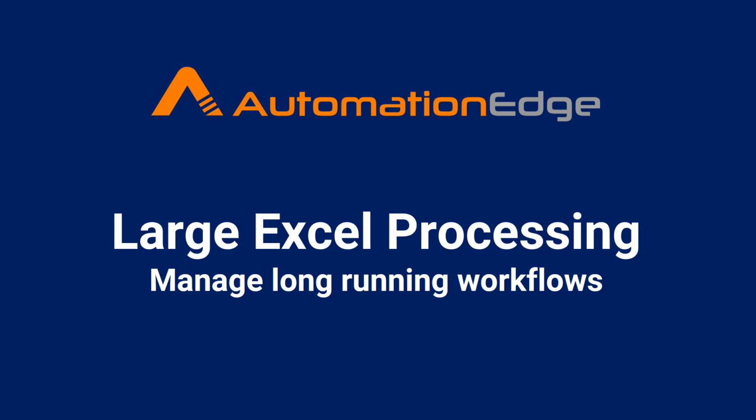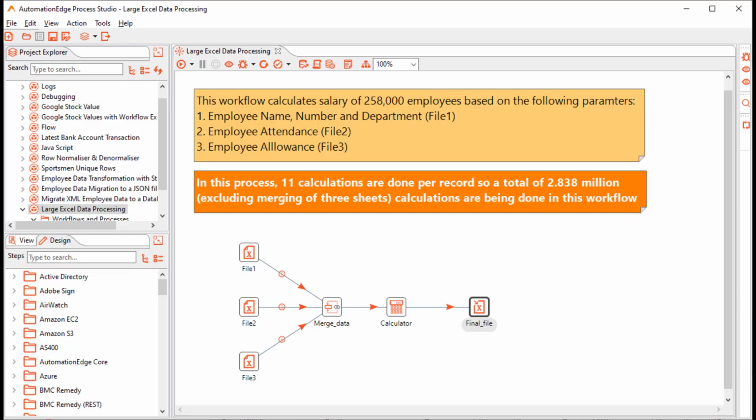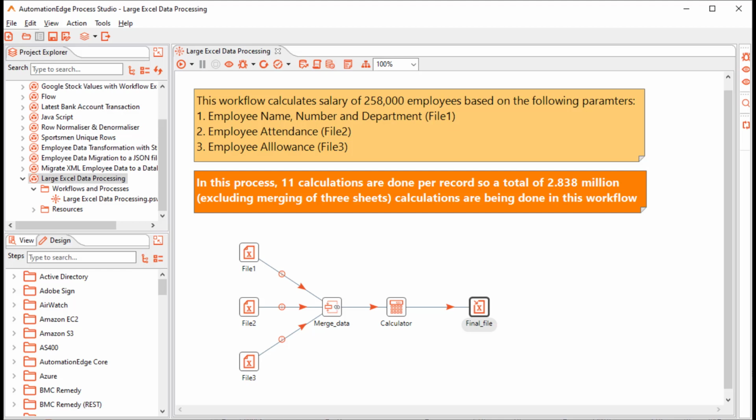Manual intervention in a workflow can be simply for acknowledgement or to provide certain inputs. Let us begin. I am in Process Studio. I have created a project Large Excel Data Processing. I will use a pre-built Large Excel Data Salary Processing workflow to which I will add intermediate status and manual